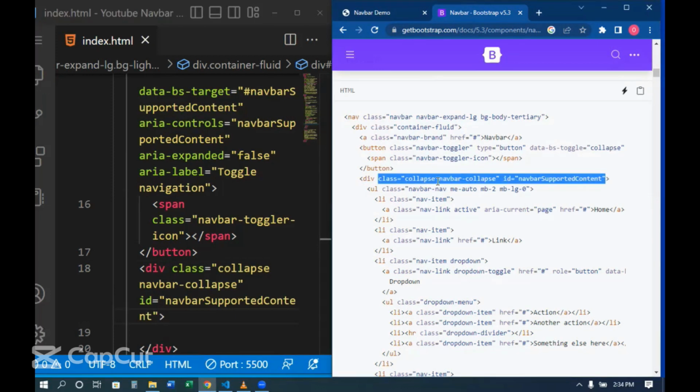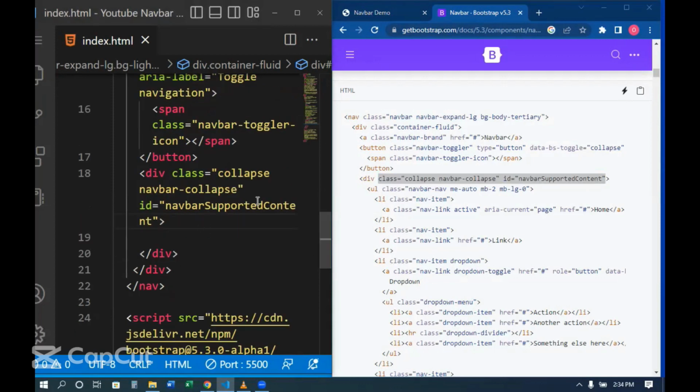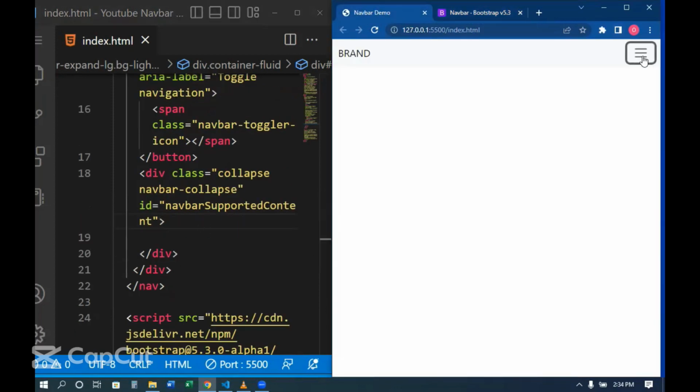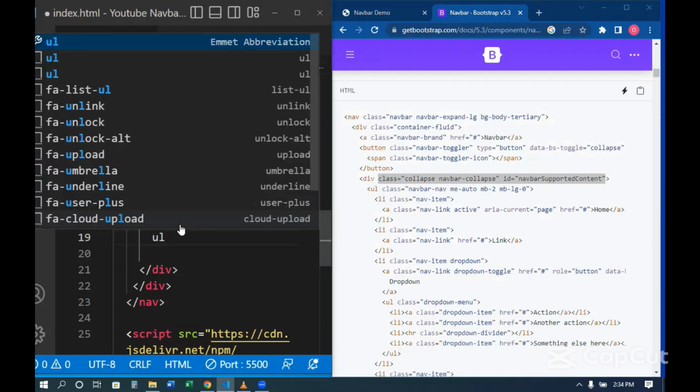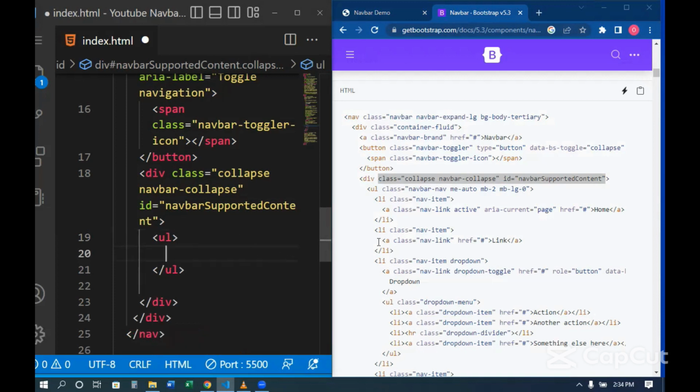Save it. So we're going to make an unordered list of what will go when we click on this toggle. We want it to collapse and show some items. So that's what we're going to do now. And we'll do that by creating an unordered list in our collapse navbar class. So UL. And we have this class. So we are here now. So I'm going to make that class, so class navbar nav,